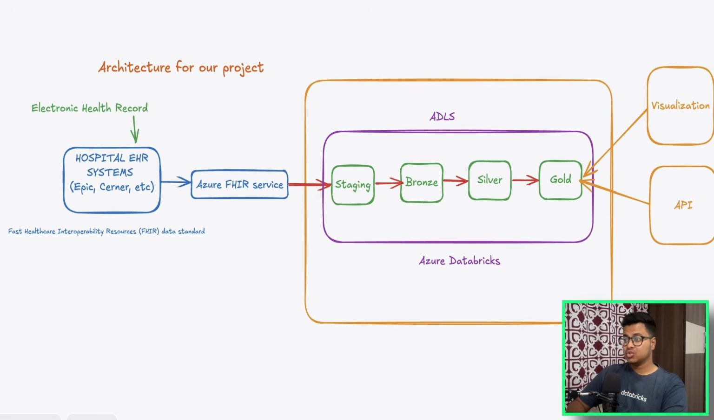All this data is stored in a system called a hospital EHR system, right? There are a lot of popular systems like Epic, Cerner, etc. What happens is you store this data in the FHIR data standard. Then you have a lot of services, for example in Azure you have something called Azure FHIR service. What it does is it can get the data out from here. So suppose you want to get all the patient data, you pull the data from there and you store it